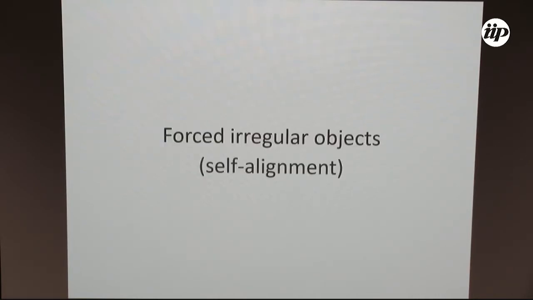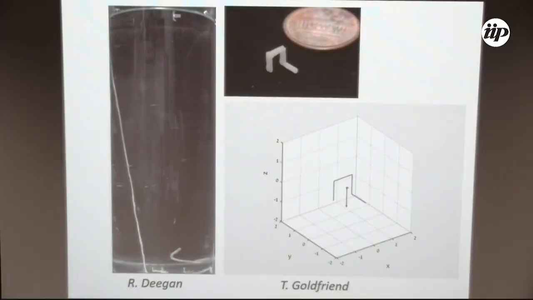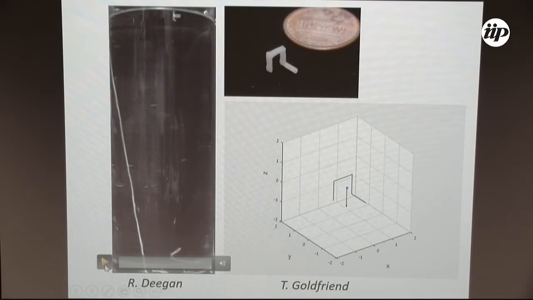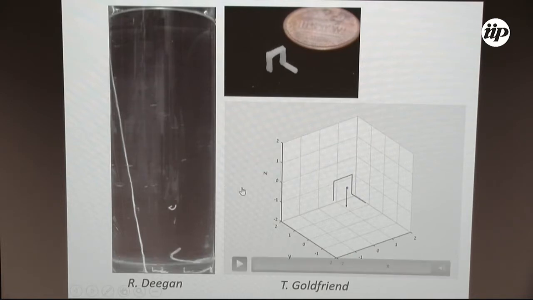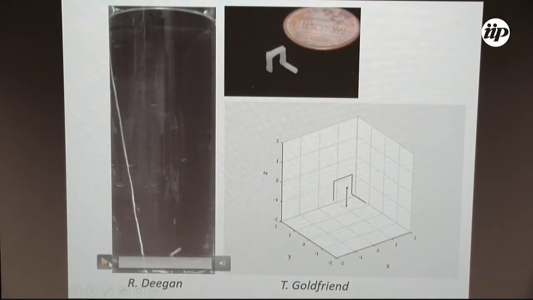Okay, now to the work itself in the last 2 or 3 minutes. It has to do with objects that are asymmetric, and Tom Whitten and his group have been involved in studying such objects for some time. Here's a result of an experiment by Robert Deegan. If I take an object that is asymmetric, it has an eigendirection. It chooses some eigendirection and then falls along this direction and rotates around it. So it has a chiral response along a certain eigendirection.